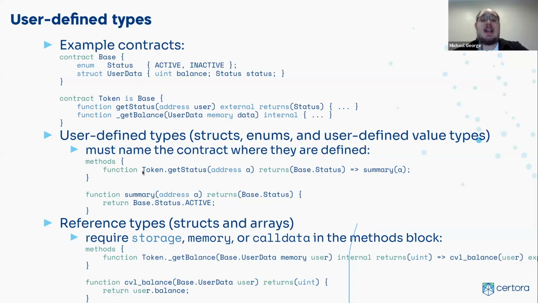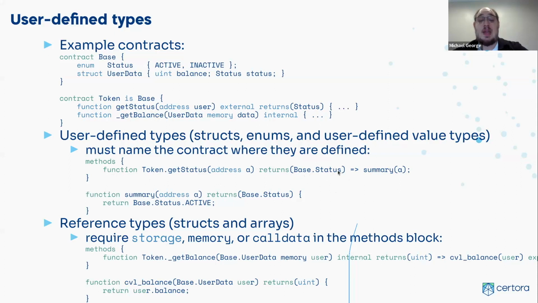So if I wanted to write an entry in my methods block for that, or if I wanted to use it in a CVL function, when I talk about the status return type here, I have to refer to which contract that status is defined in. And in this case, it's defined in the base contract, and so I have to write base.status here. So this is how an entry for this getStatus method would look. It's in the token contract, so I've written token.getStatus, but